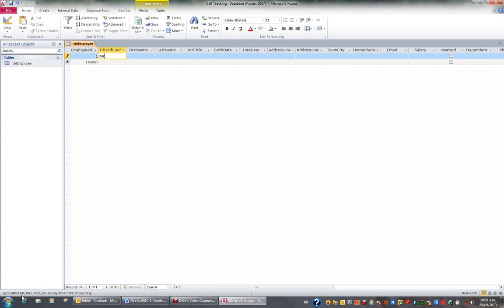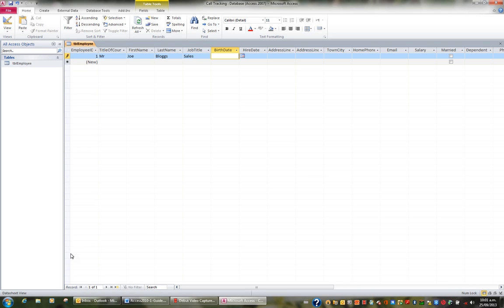So I'm going to put Mr. Now as soon as I type Mr., because employee ID is an auto number, you can see it's automatically gone to the number 1. So they don't have to type the employee ID. This is an automatic number. What I'd like to do now is press tab, and as the status bar says in the bottom left of my screen, type the employee's first name. So I'm just going to type Joe. Press tab, type Blogs, press tab, his job title is sales, press tab,